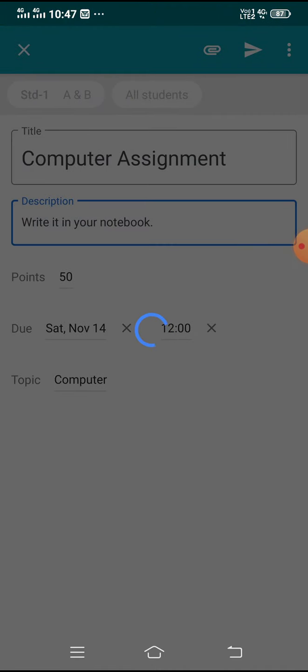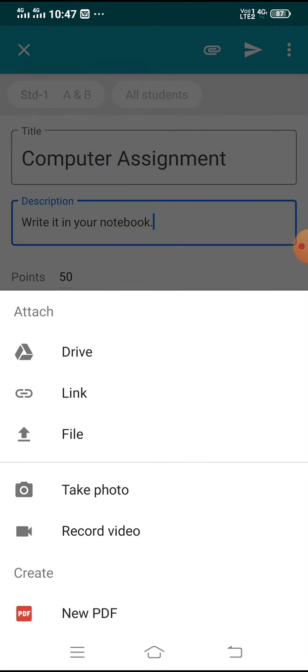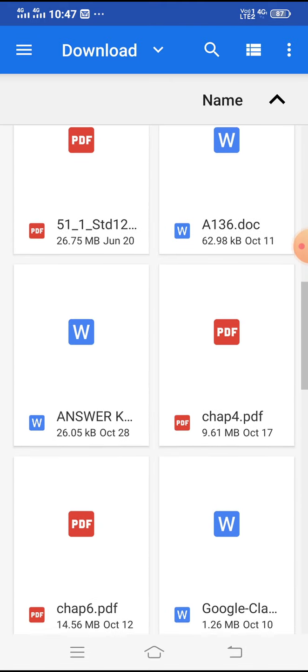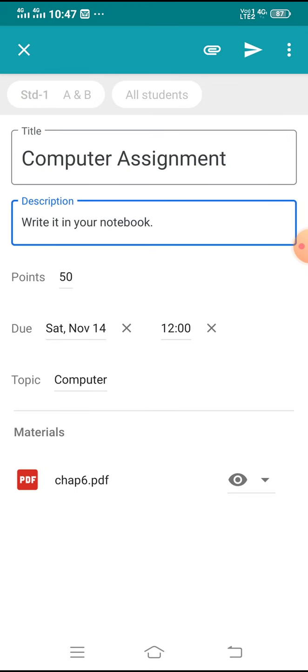Select the PDF or your file. See, at material you can see your file.